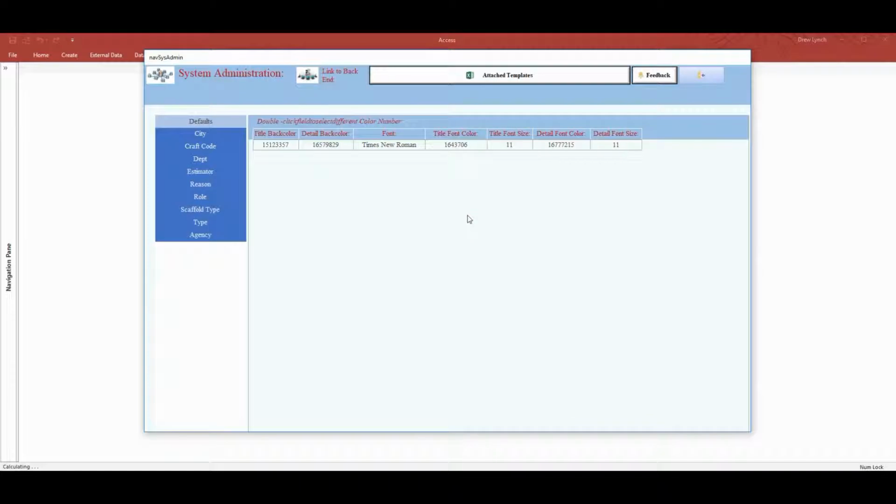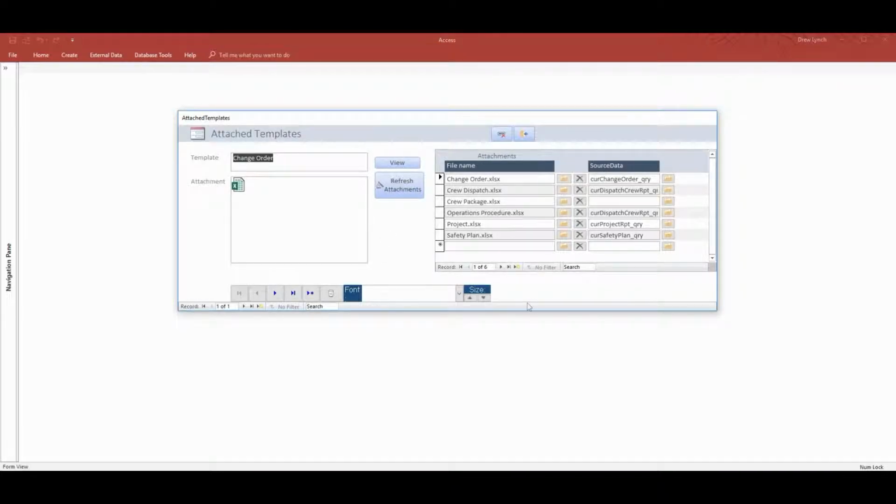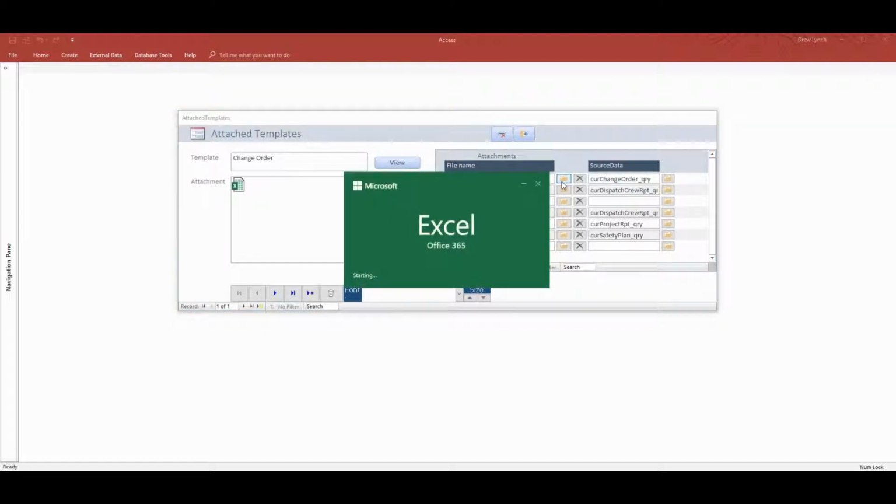If we go look here in our sysadmin area, we have an attached templates button up here. And this form basically contains a listing of each of the templates plus a package, which includes all the templates, that we wish to fill from the Access database. So let's just take a look at a couple of these, or maybe one of these, and you can see